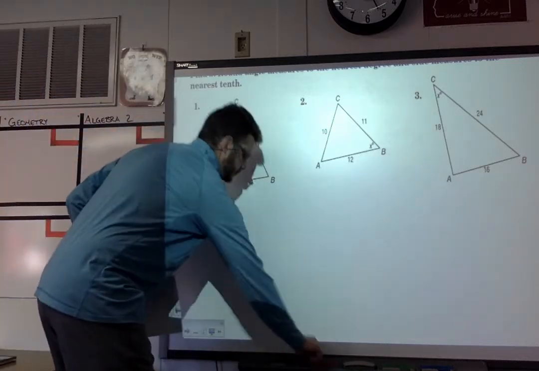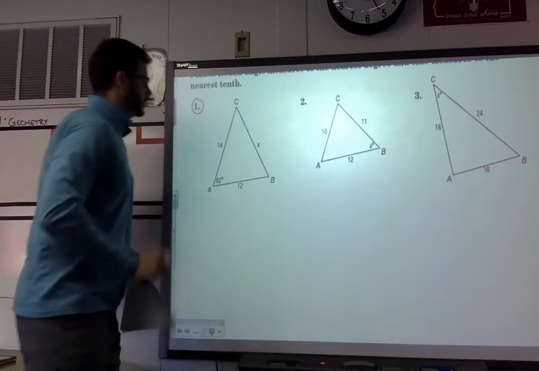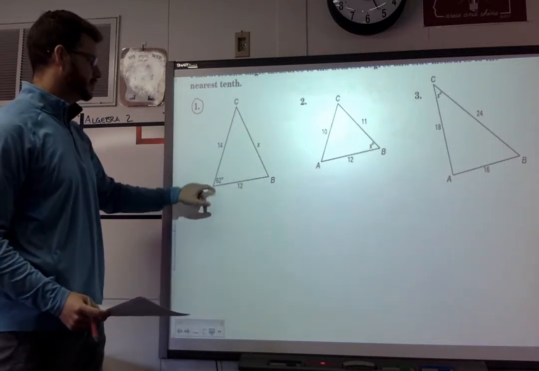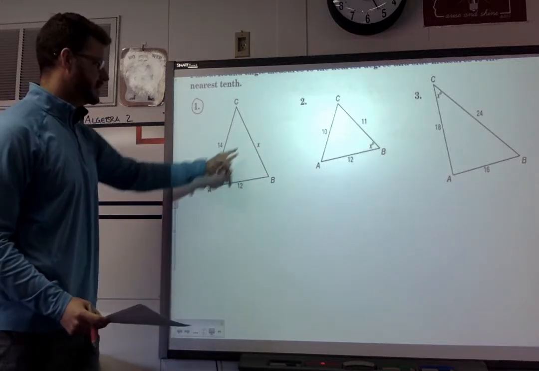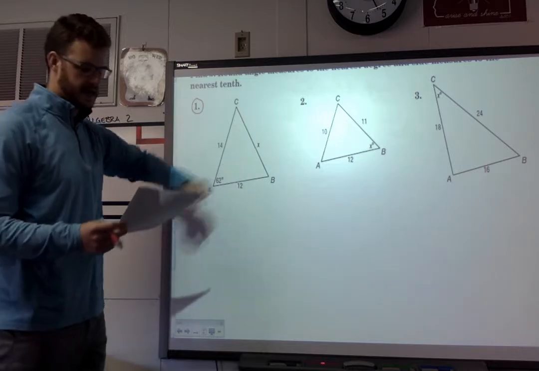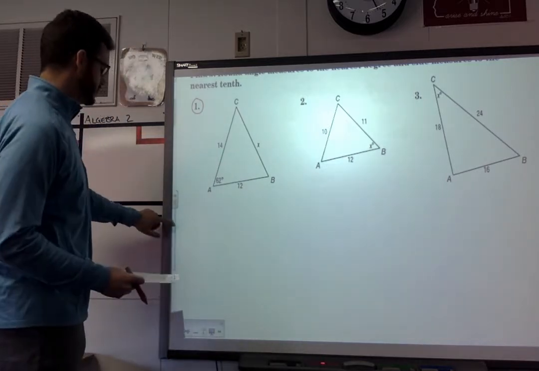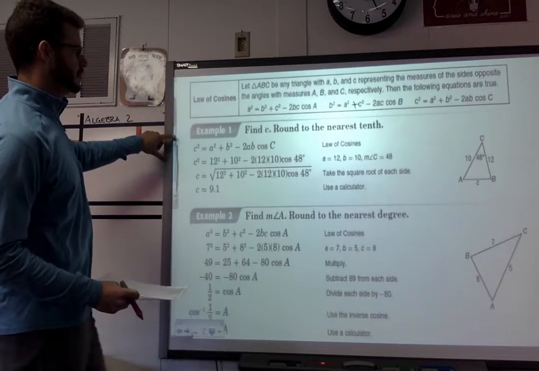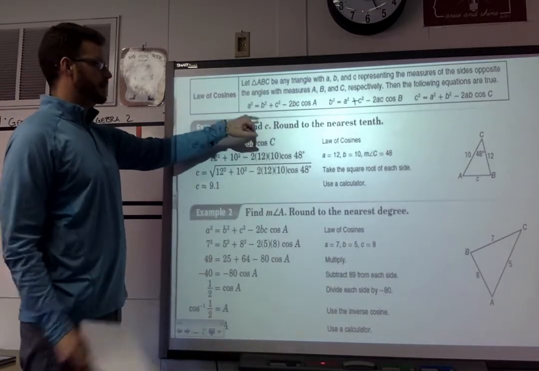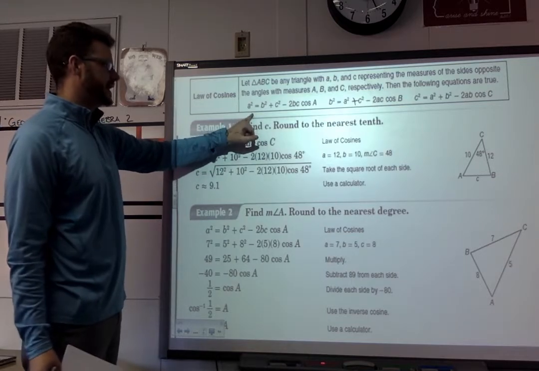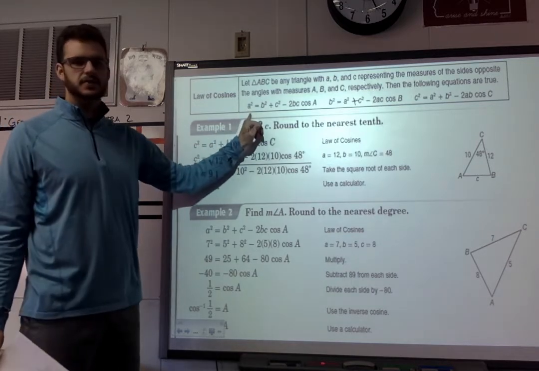So number 1, we're trying to solve for x, which would be, since this is angle A, this would be side a. So since we're trying to solve for side a, if we look up at our equations here, we would need to use the first one